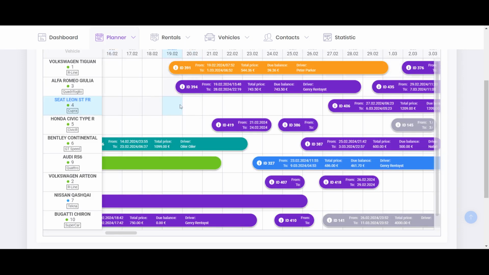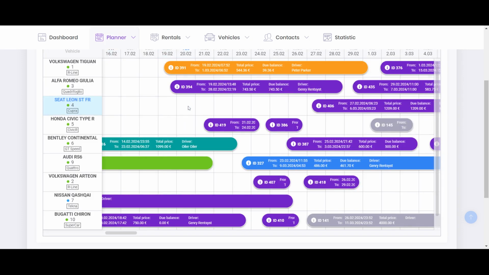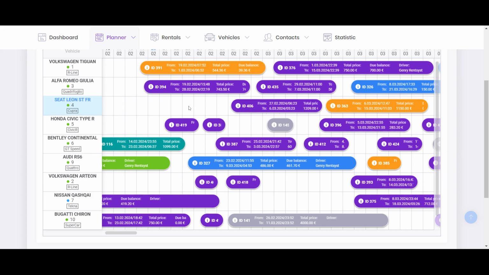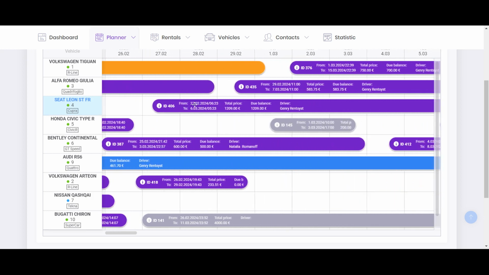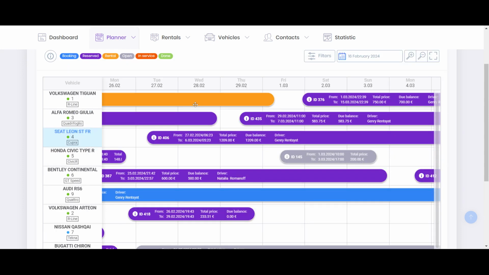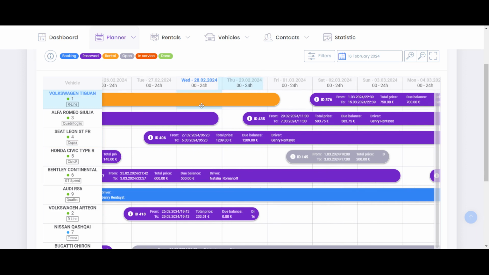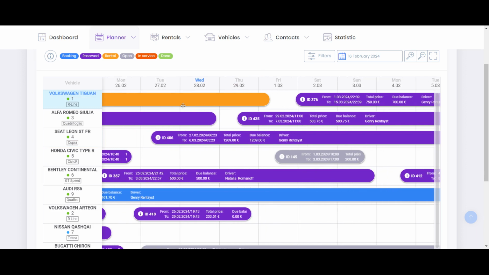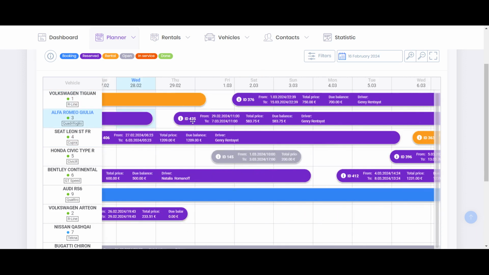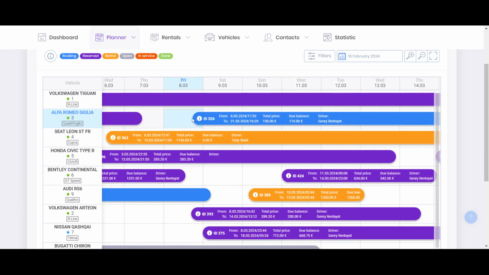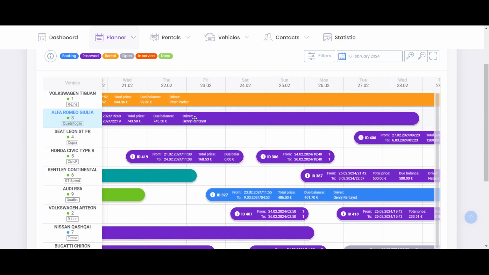So how does scaling work? Basically you need to hold your scroll and Control, and you can zoom, making the scale bigger or smaller according to your navigation preferences, right? If you do the same but with Shift, you will be able to move in time from the left bar to the right bar and vice versa. And also the context menu: if you right click your mouse, you will get these